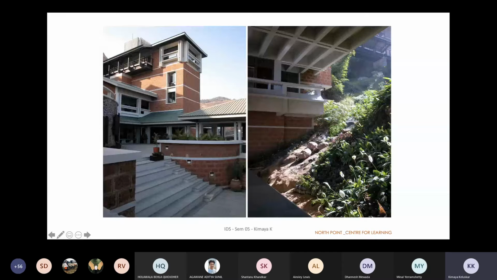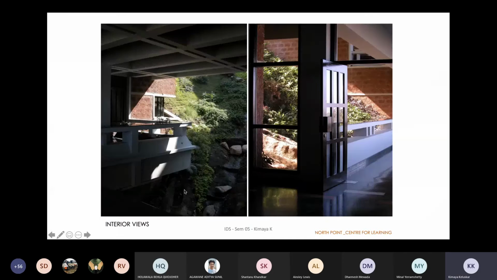That's the other view. On the right hand side, that's a very important image because that's the stream which is being kept intact. So even after creating such a large footprint for the entire project, they have made sure that the stream is clearly intact. There is a bridge which has been created, which acts like a corridor and spans between the two building blocks, and the stream runs right beneath it. So that's the stream that you can see running, and that is the bridge. There are two images. On the right hand side where the door is, that's the stream and that's the bridge. And this is when you're on the bridge, you can see the stream.